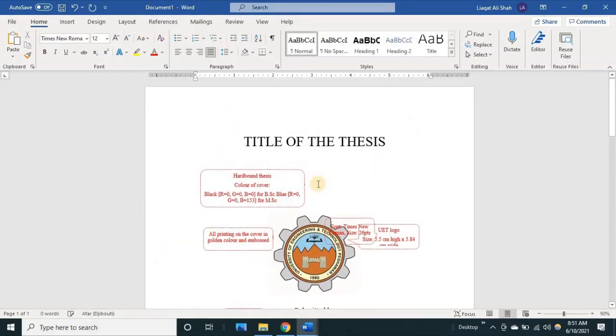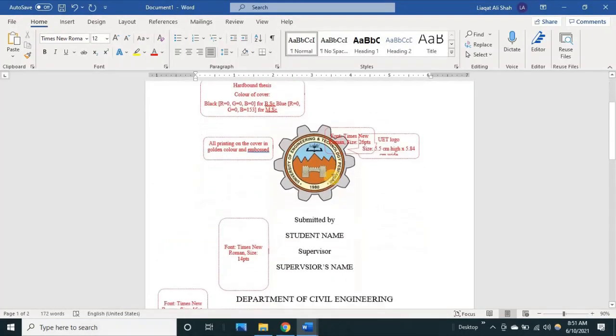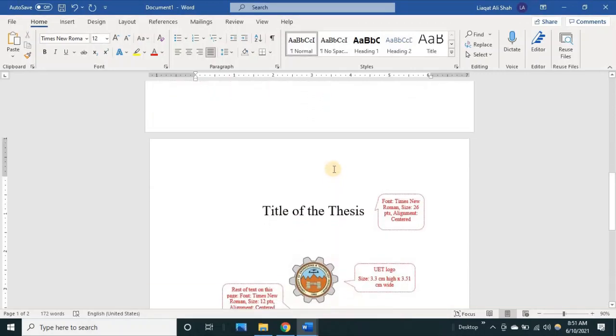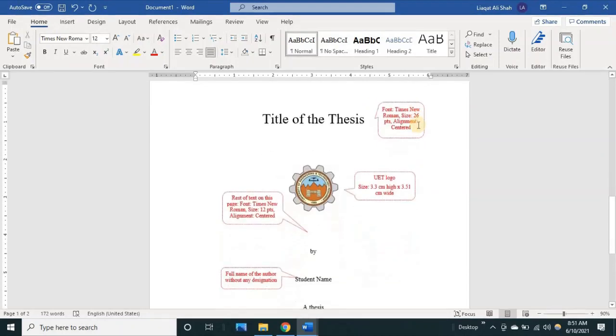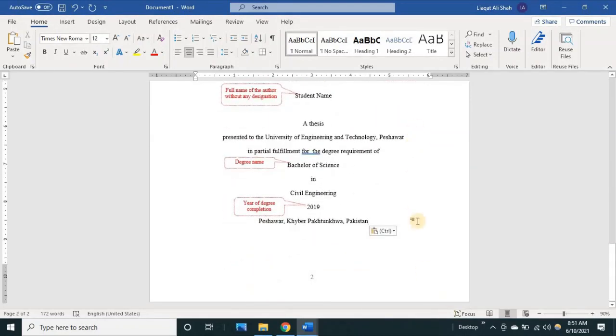Okay, these are some of the guidelines that you have to follow. You know that we do not have any title, we do not have any page number on the title page. Now you want to go to the next page, so do not go just by pressing the enter key.